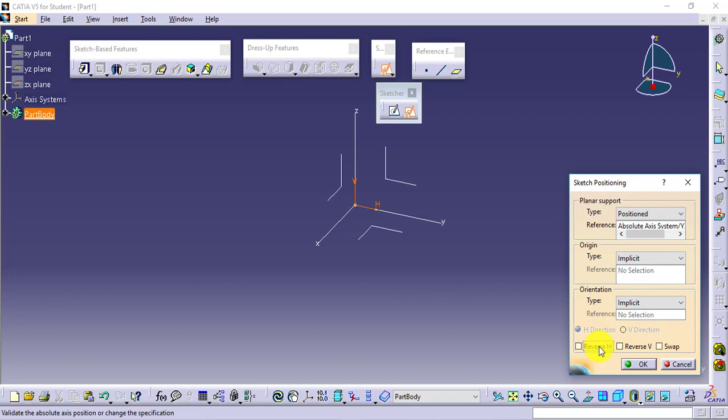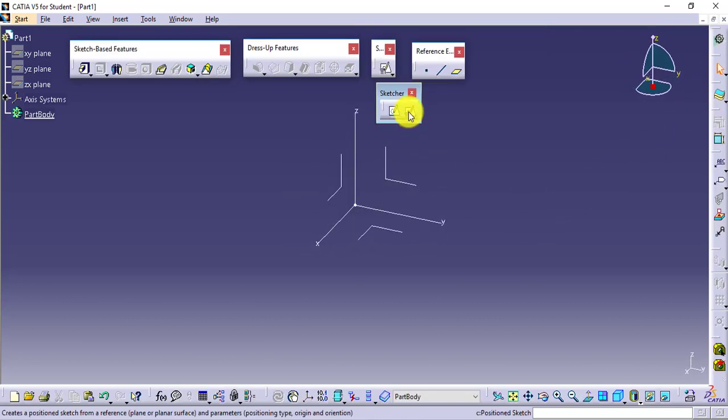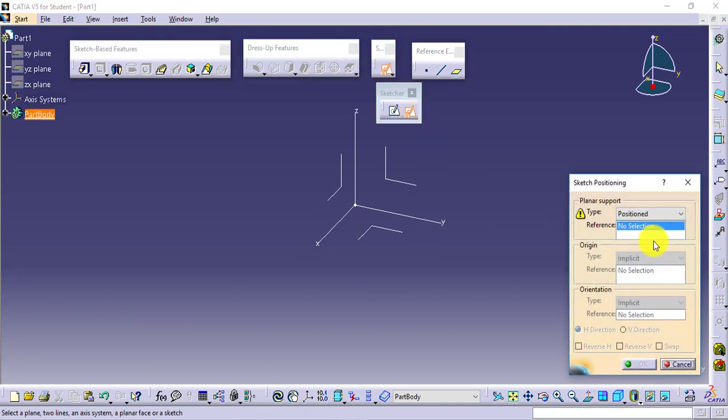So if you want to change the orientation, yes, you will be able to change it. Let's say I'm changing the orientation to this. Now just observe how you get the plane. You can see in the negative y direction, this is my horizontal axis now. So I can manage the orientation as per my own convenience when I use the tool of positioned sketch. It will allow me to define the origin as per my own convenience. It will also allow me to define the orientation as per my own convenience, and it will be helpful when